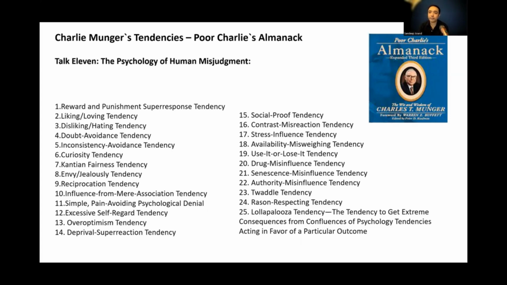There are 25 human psychological cognitive biases that Charlie Munger talks about, and a lot of them will overlap with the ones I put in the previous slide, because those are the most common ones that are taught. So I thought I'd pull those, and many of them overlap. It is not mutually exclusive, right? So there are a lot of overlaps, but it's a good idea to go through this as well, if at all you get time. This is the only reference I could give as far as tendencies and human behavioral